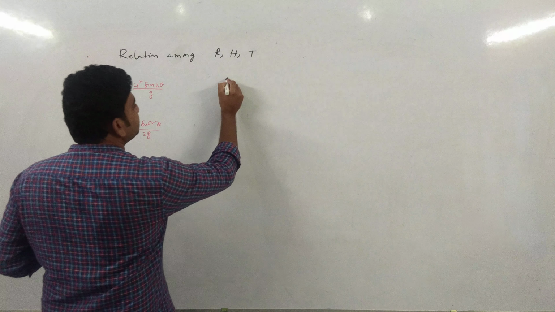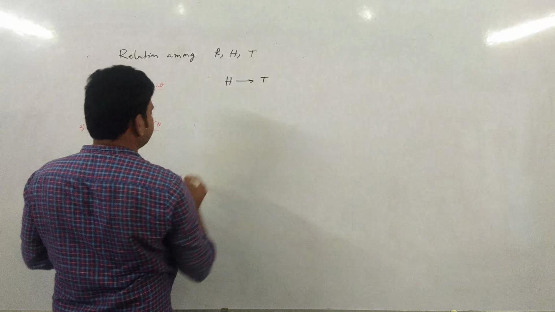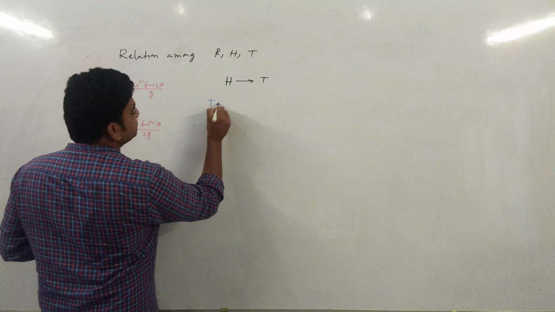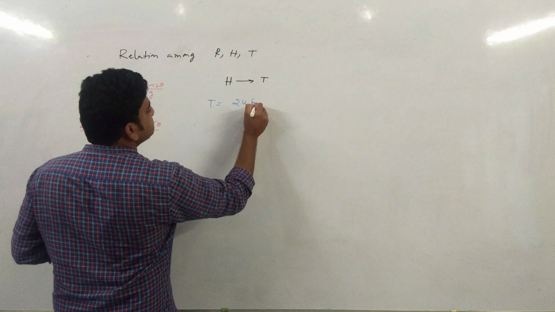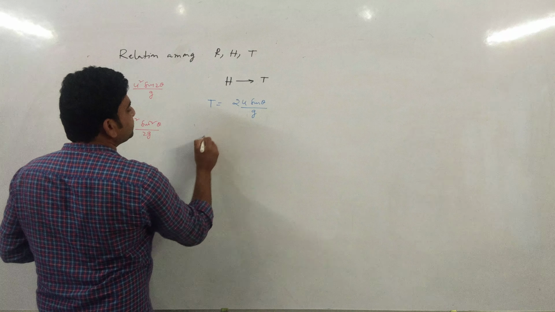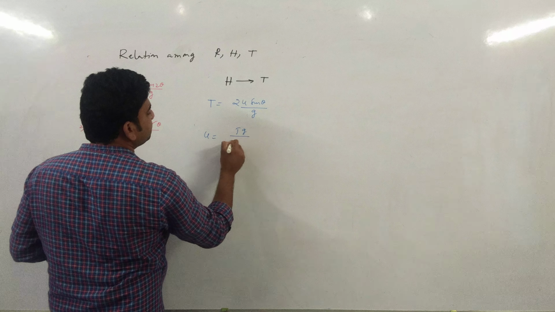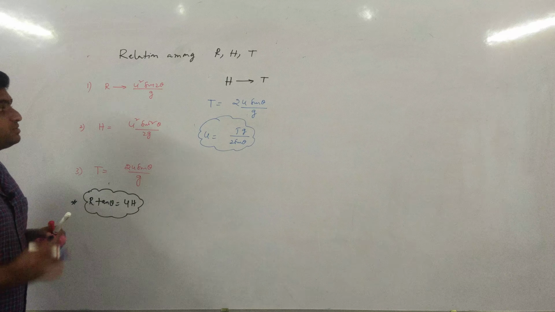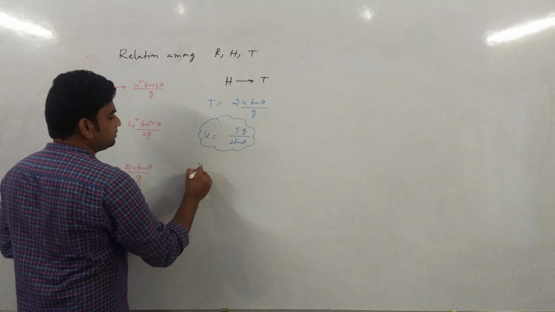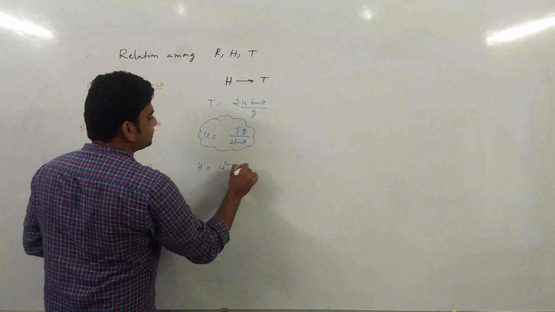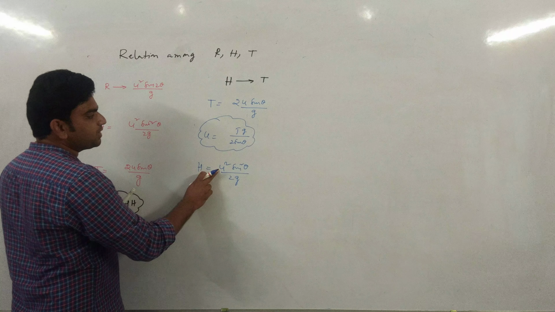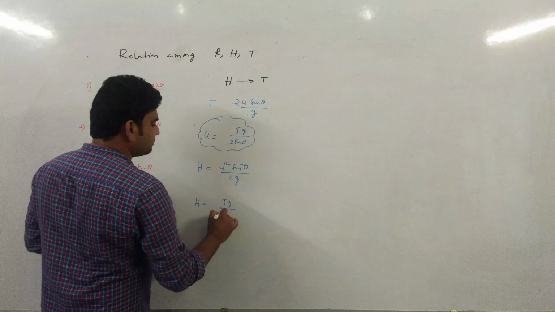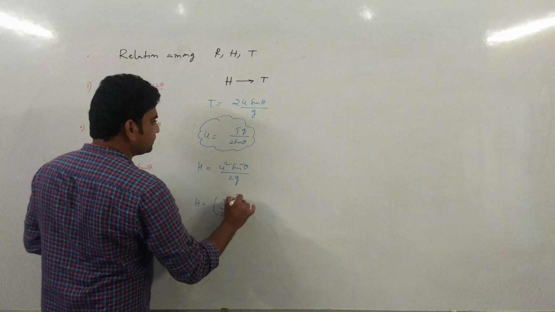Right, now we will see the relationship between h and T. First let me write the time of flight formula, that is 2u sin theta by g, and from here u becomes Tg by 2 sin theta. Yes or no? And we already know the maximum height formula, that is h equals u square sin square theta by 2g. I am going to replace the u value with this value, then my maximum height becomes Tg by 2 sin theta whole square